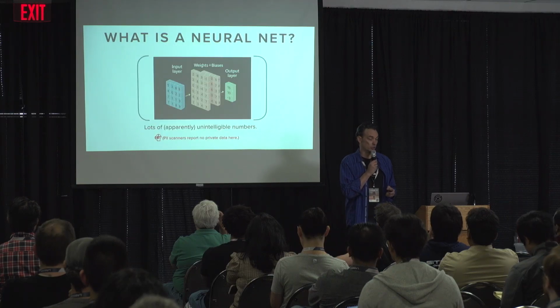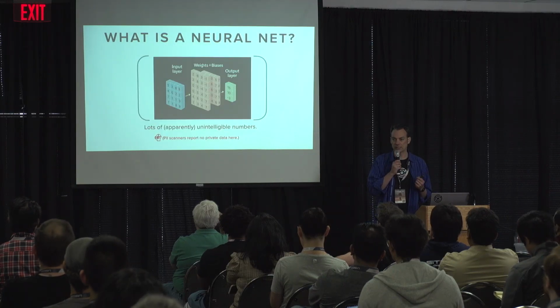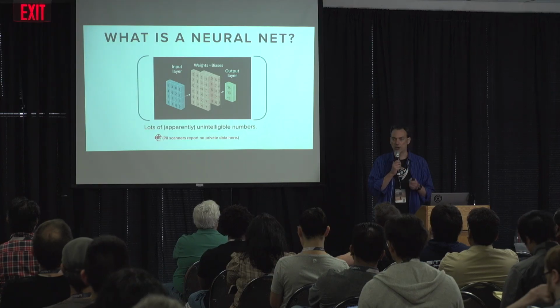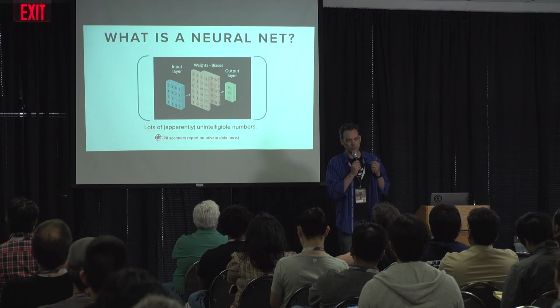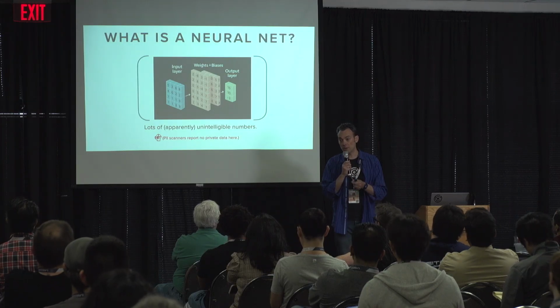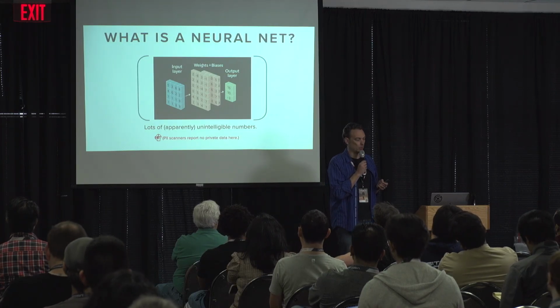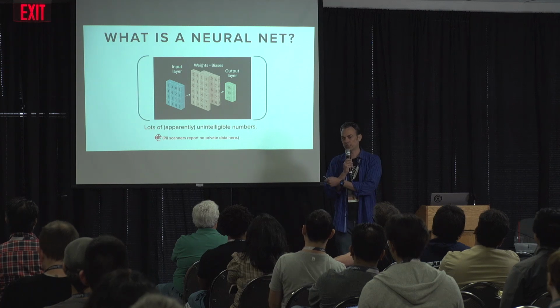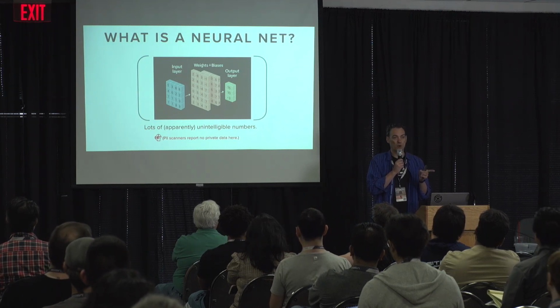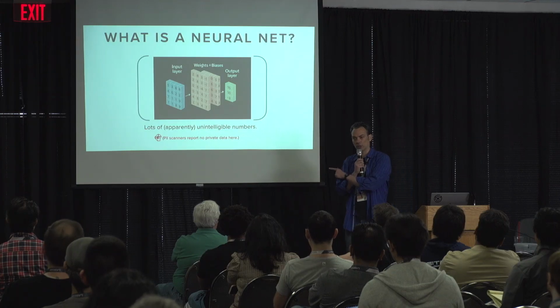They are just math. If you open it up and look inside, it is just a lot of numbers, apparently unintelligible numbers. In fact, if you point a PII scanner at this, it won't find any data. And we have no known method right now to look at a model and its numbers and figure out what sensitive data is in it. The only way we currently know to do that is by running inputs through it and observing the outputs.